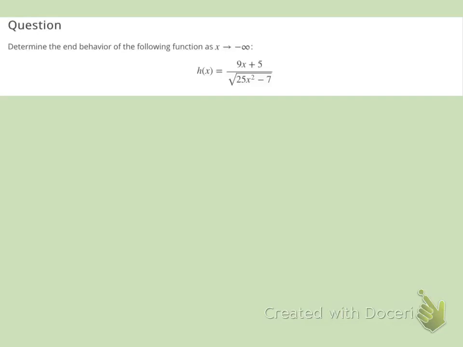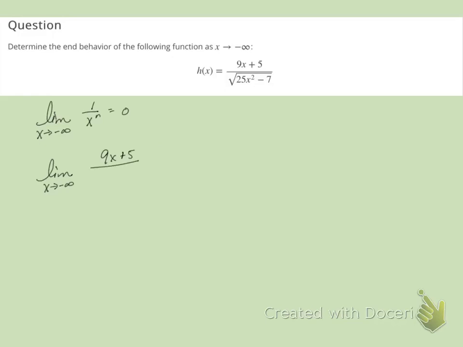So for this practice problem, we want to determine the end behavior for the following function as x approaches negative infinity. And I'm going to stick with this idea that the limit as x approaches negative infinity of 1 over x to any positive power is going to equal 0. So we're going to use that and look at the limit as x goes to negative infinity of